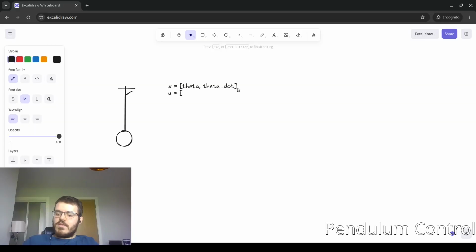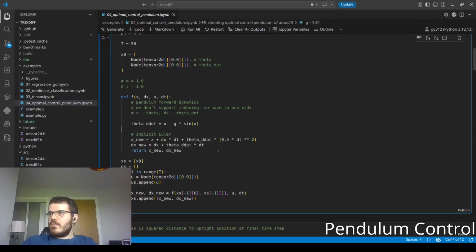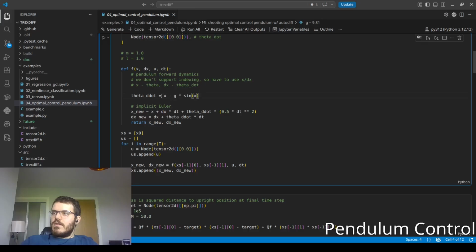controls that are applied to just one dimension, and every time step, we take this position and velocity, and we move them a little bit forward. So we start at 0, and let's say we give it a 5, and you'll see we've coded this here. Our little u gets affected by gravity in some way depending on our position, and then that gets added to our x's,